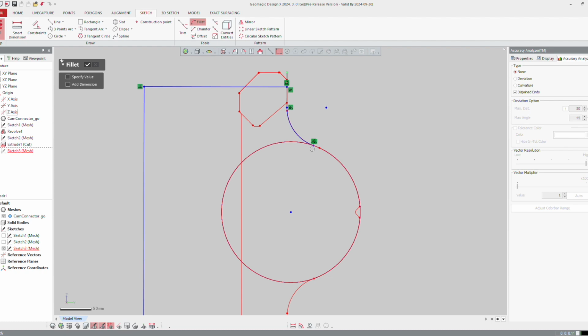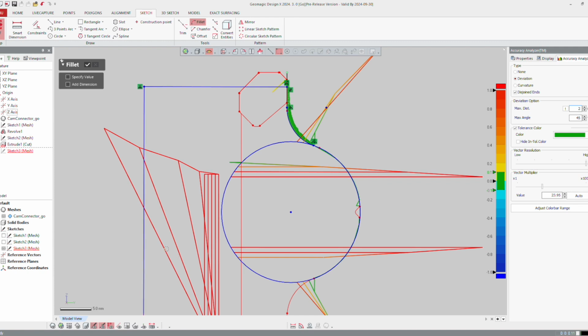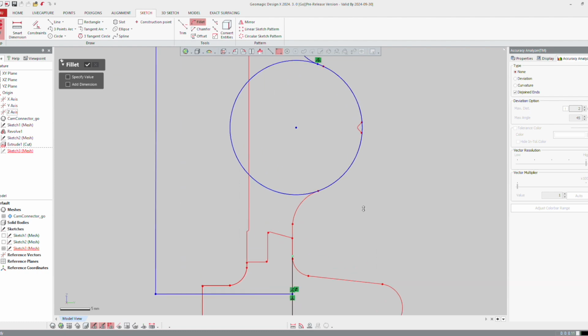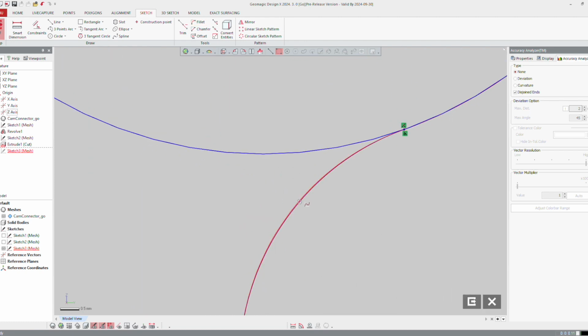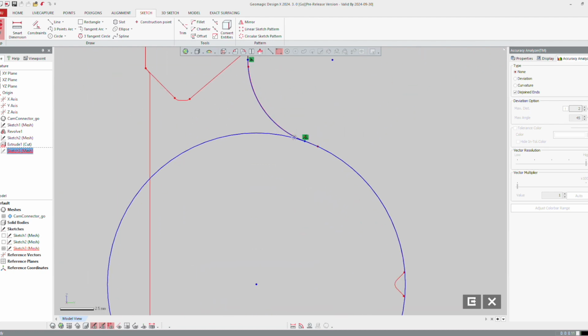You can always use the deviation if you want to check. So of course, it checked too much, so I will limit the verification, but still the circle is going too low. So I don't need to check it right now. I will check it at the end. And of course, I will also create a fillet on the other side from here to there, and the software adapts to my part. If you're not really happy because you were not very close, you can always go back and zoom in and adjust